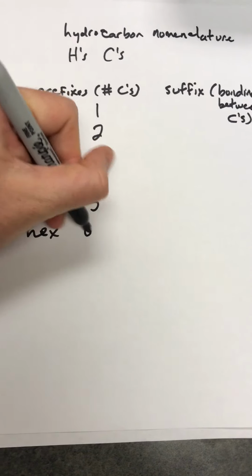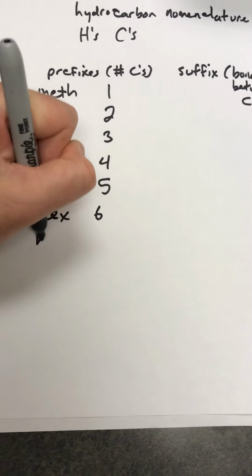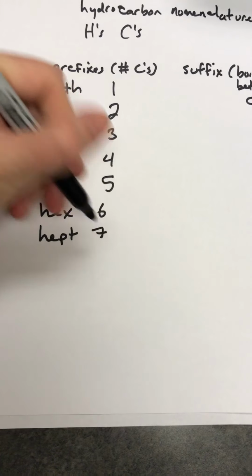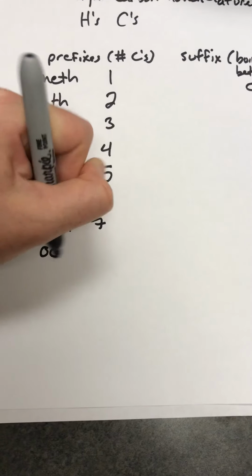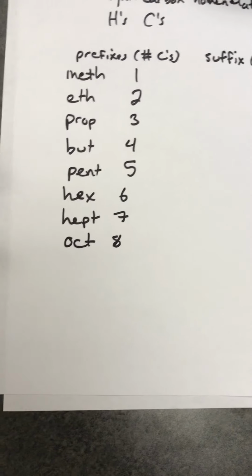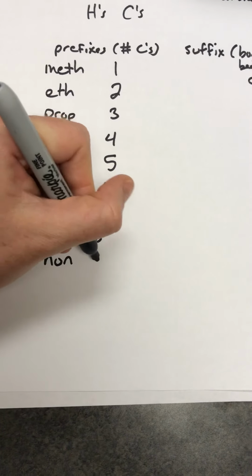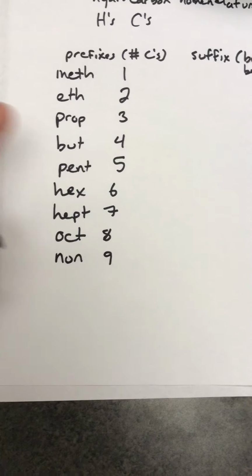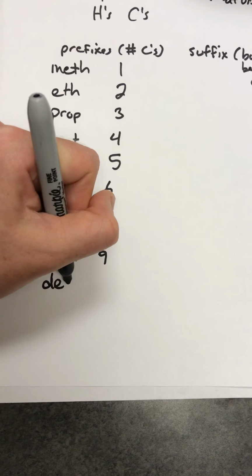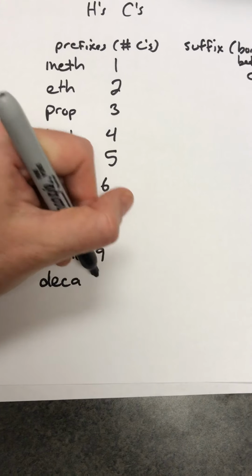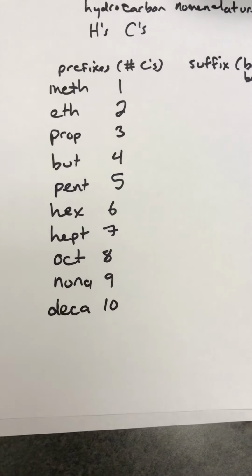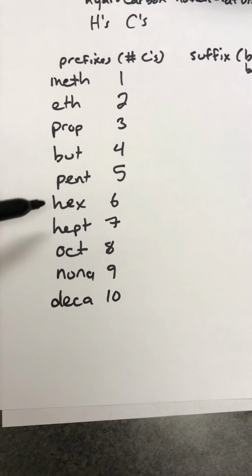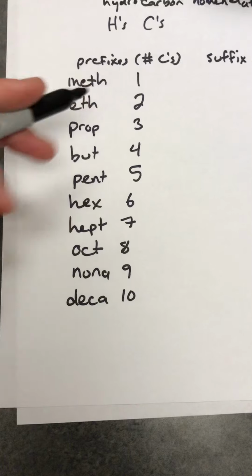Hex, 6. Hept, 7. Oct, 8. Non, 9. And actually I think it's nona, and deca is 10. So meth, eth, prop, but, pent, hex, hept, oct, nona, and deca will all tell you how many carbons are